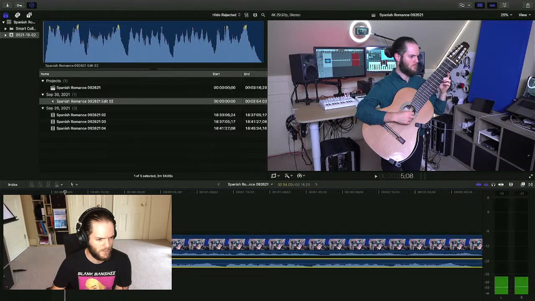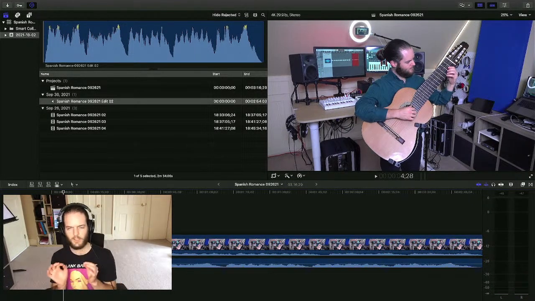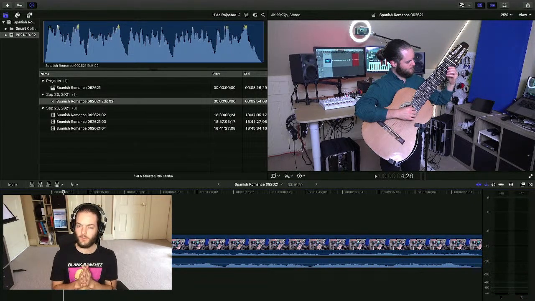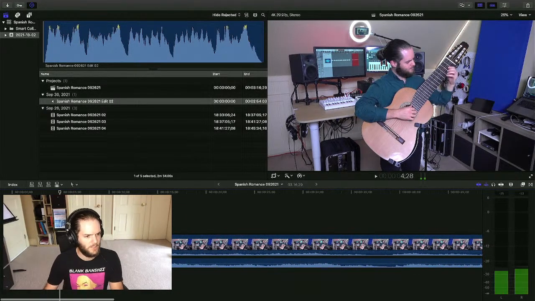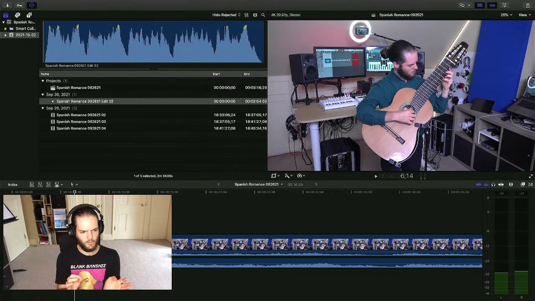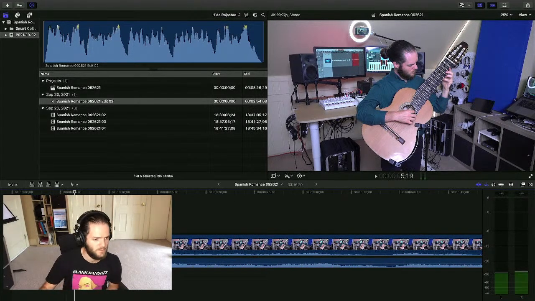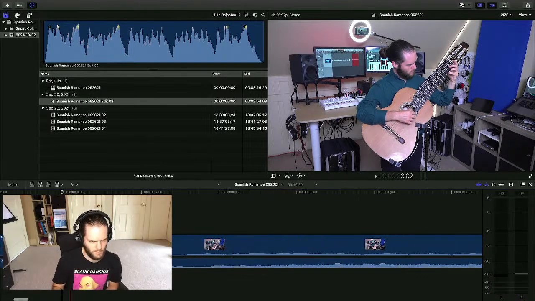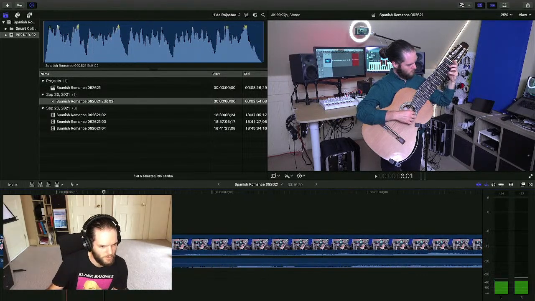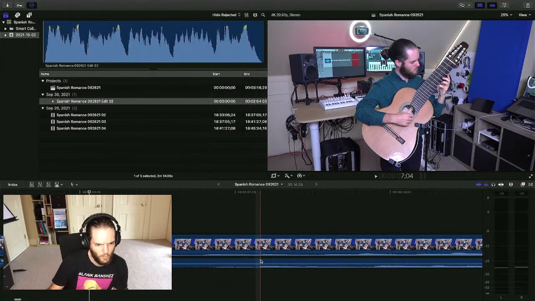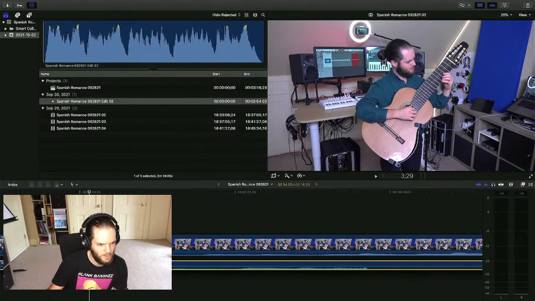But having said that, while we're working, this might sound a little bit weird if you're not used to working this way, but what we're going to be doing is lining up the video in order to match the audio waveforms. So what I mean by that is we're going to look at where the notes are in the audio file